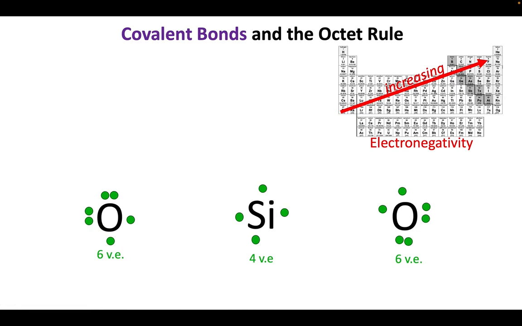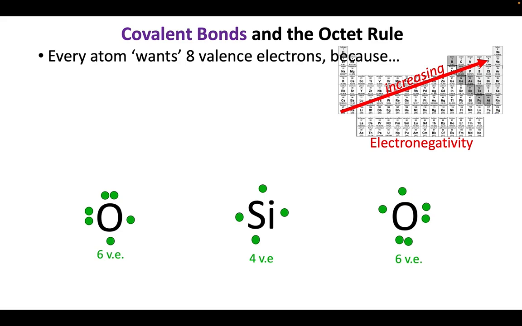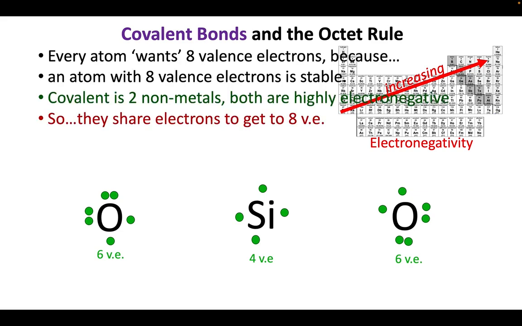But here, for covalence, what that means is basically, if you look at SiO2, silicon dioxide, silicon is way up here under carbon, and oxygen is up here. Oxygen is definitely more electronegative, but it's not electronegative enough to pull electrons from silicon. So since they're both nonmetals, silicon and oxygen, and they're both highly electronegative, covalent compounds end up sharing electrons because they're not strong enough to take them from